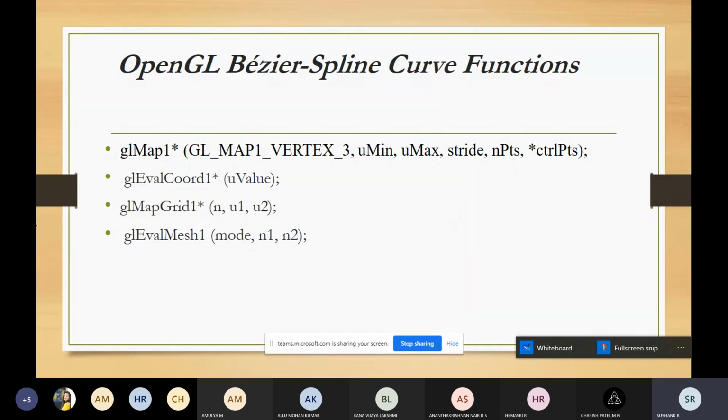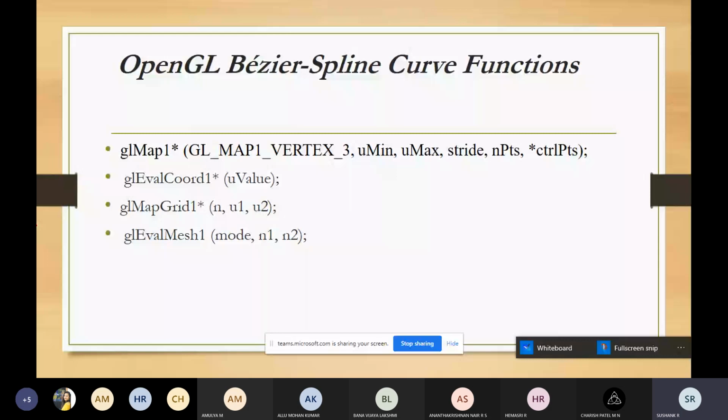If you want to generate a curve, first approximate that curve by using a polyline. Then you need to locate the set of points along that curve path and connect that path with straight lines. So this is the process. We have two methods for generating curves. And also one more method is that you can write your own user defined curve generation function based on the algorithms with respect to line drawing and circle drawing methodology.